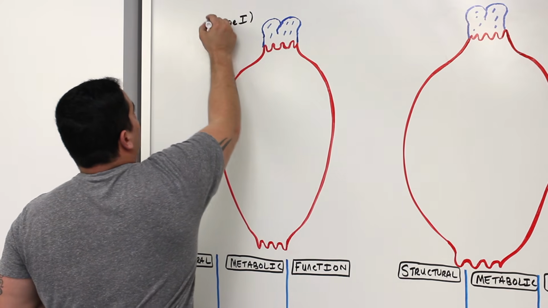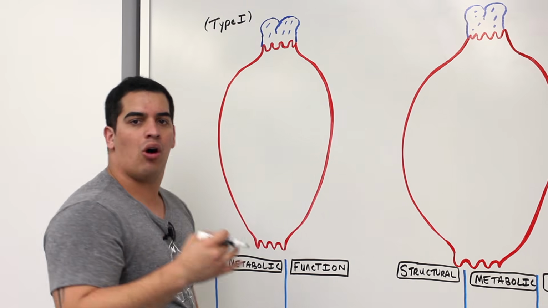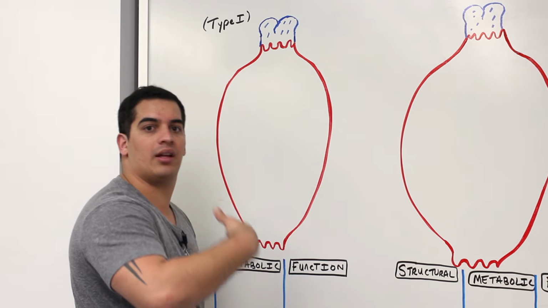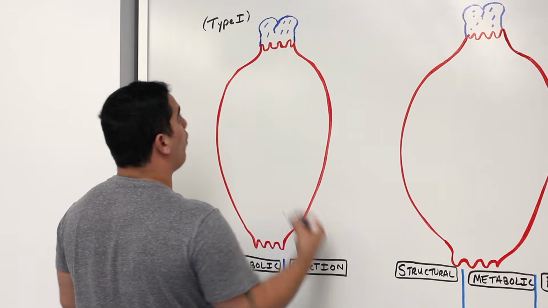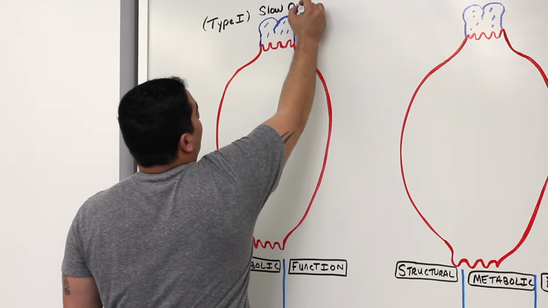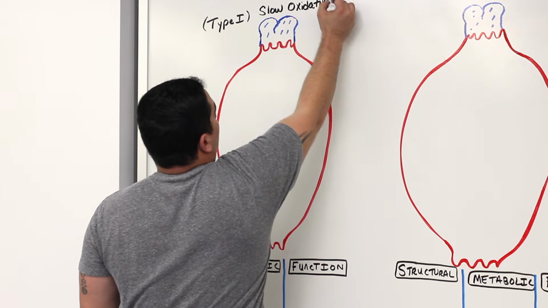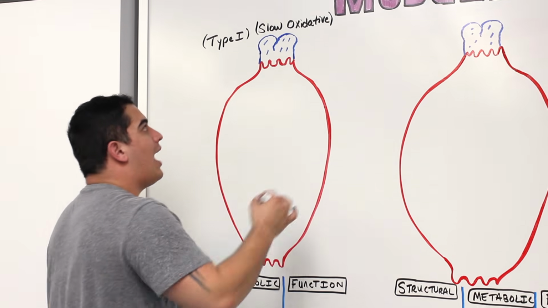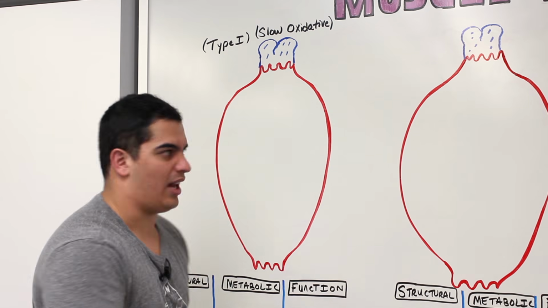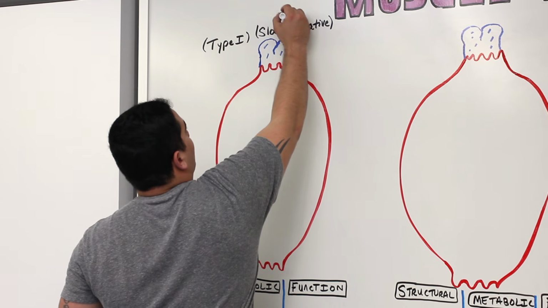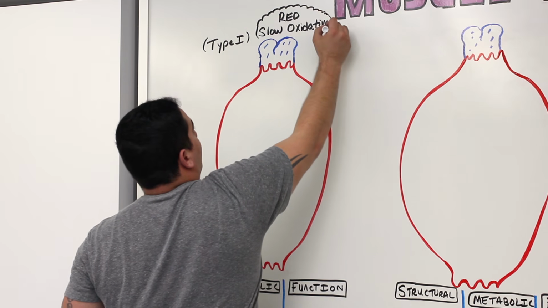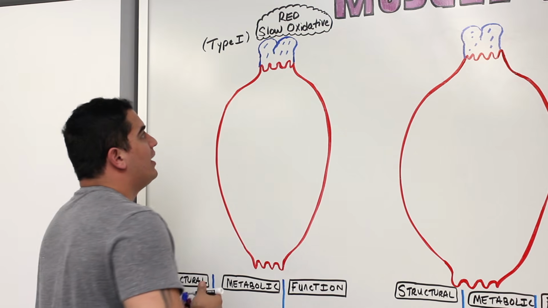Now here's the thing. Type 1 skeletal muscle fibers also have another name. And we'll decipher that name as we go through its different structural characteristics and metabolic characteristics and really what it's functionally for. And that name is called slow oxidative muscle fiber. Okay, so this is a slow oxidative muscle fiber. And sometimes they even add on to it, they say red slow oxidative. I'll do that just for the heck of it. I'll put that right here. It's technically red slow oxidative. That's really going to help us to decipher what makes this skeletal muscle fiber type different from the other two